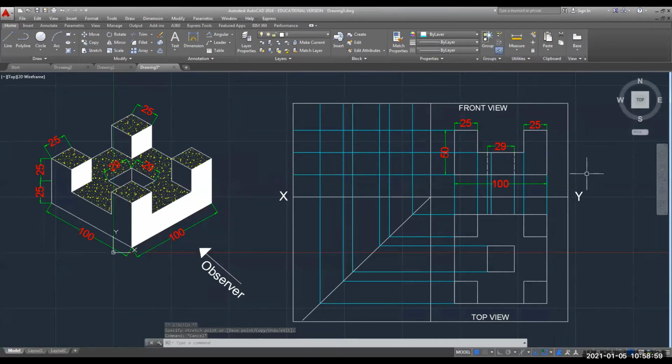Now, if I'm going to see this object from this side, here I'm going to draw, that is on the left hand side of my front view. Here I'm going to draw the side view. I will call it the side view on the left hand side of the front view. So which view am I going to draw?